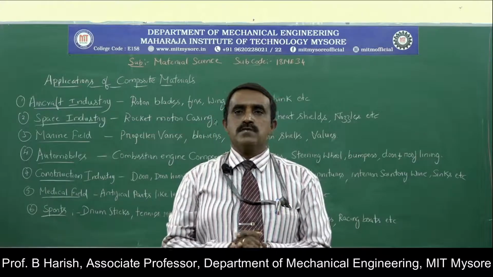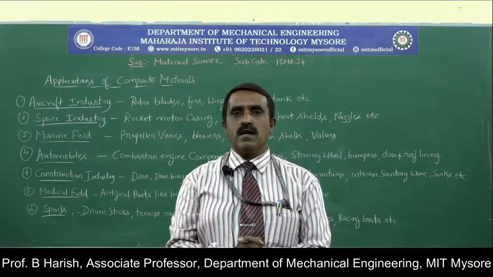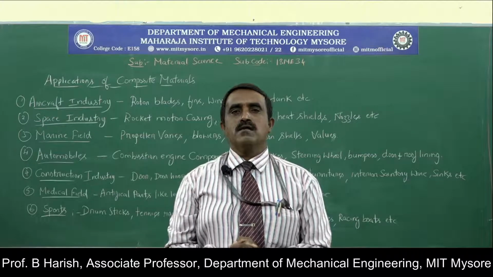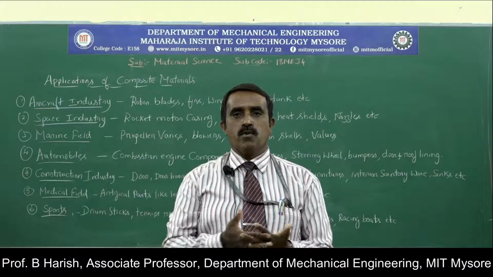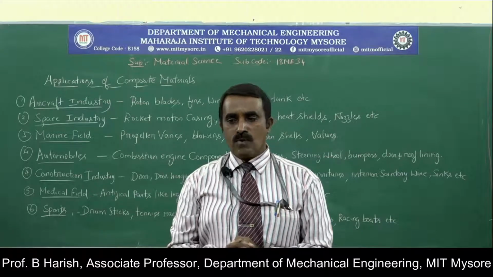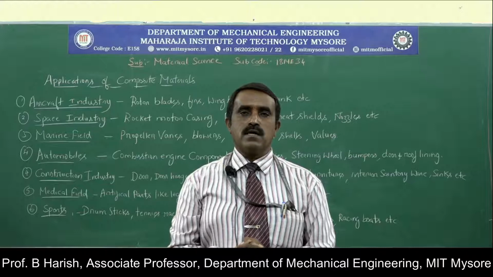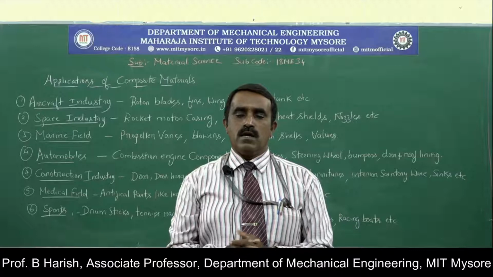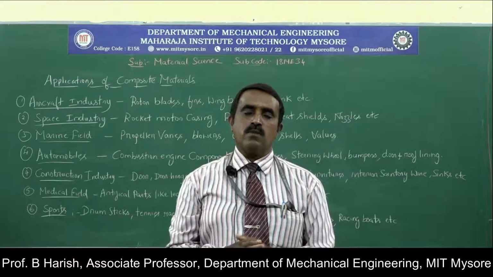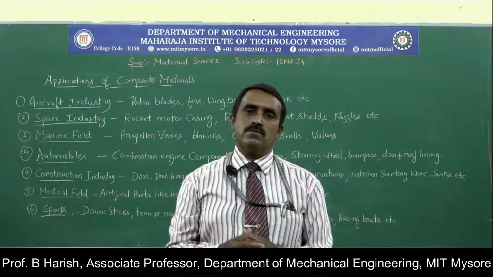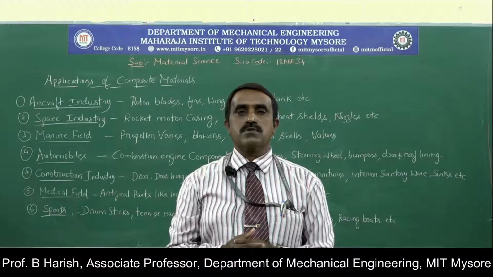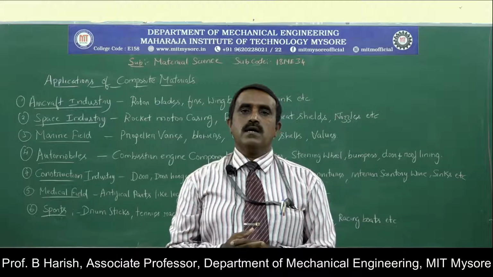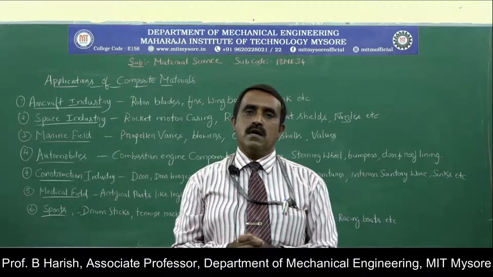So till now we have discussed what composite material is, what the different parts of composite material are, and the different methods of manufacturing it: open mold process and closed mold process. One more important topic is the different applications. Composite material is used in almost all fields, in almost every application. Today we will list out some of the applications where composite material is used.